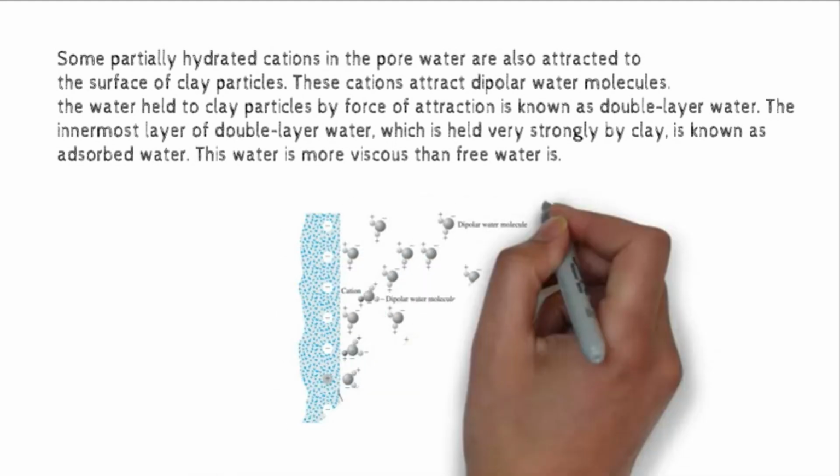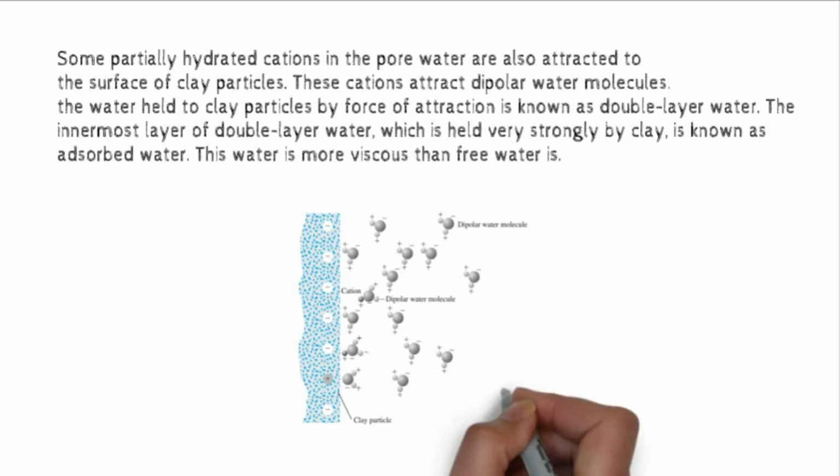This diagram illustrates the same, where you can see the positive charge is due to the cation that has been attracted due to the negative charge of the layer, and once this is attracted, it further attracts the dipolar water molecule. That is, since there is O minus in water, as we have discussed, it is dipolar, and it gets attracted to the surface. Thus, the layer formed between the clay mineral and the water is the adsorbed water, and this attraction decreases when we go further away.